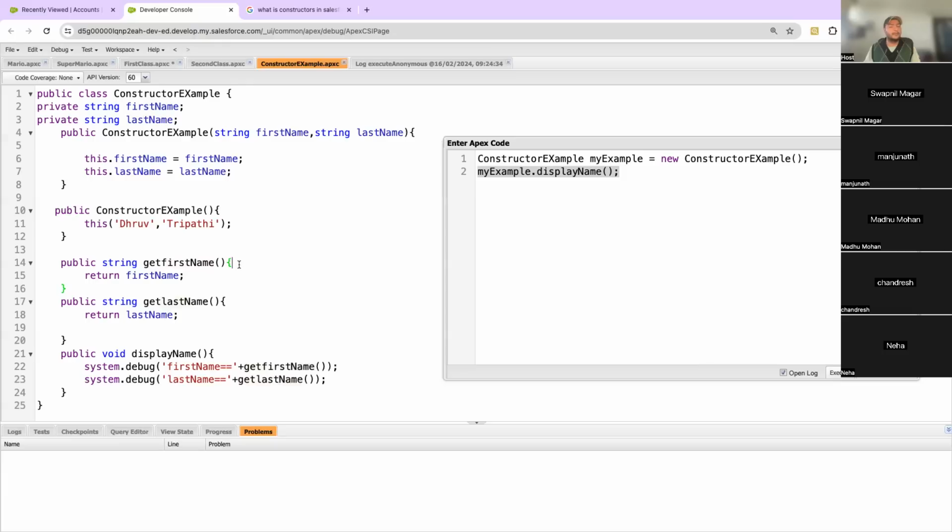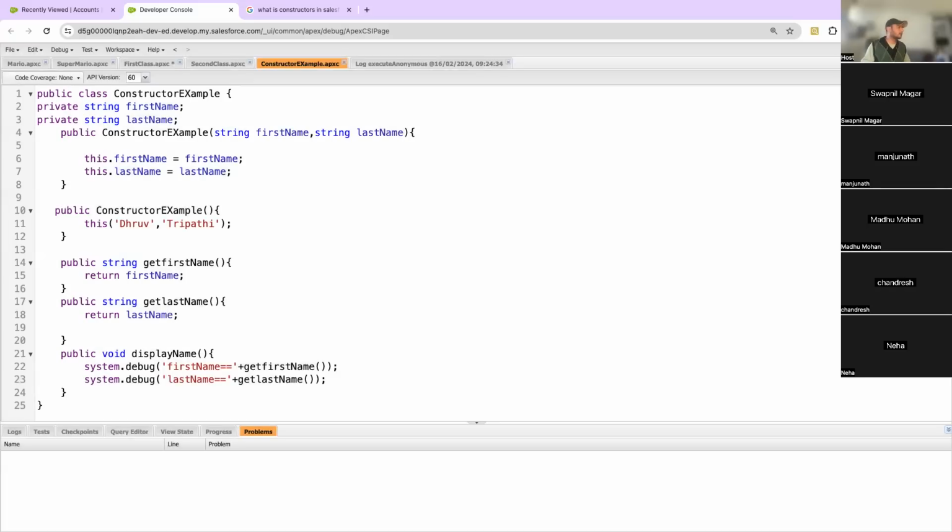Now, if you have to do some large processing inside this method, to first validate the input and then format the input, or let's say you have to do a number of things here before assigning a particular value, then you can do all that processing here. And then instead of using variables directly, you can use the get methods here. So it will also display the same way. Okay. So if I execute this,